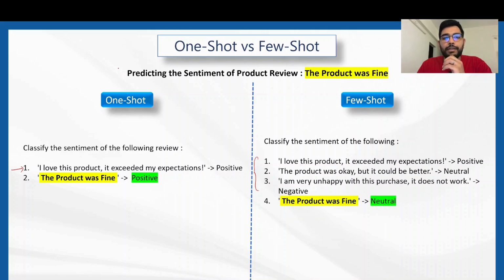The example is a use case wherein we are asked to predict the product review sentiment. Let's say there is a new product that has been launched into the market recently, and there are multiple customer reviews on the e-commerce website, and we are tasked to check out the sentiment of each of those customer reviews. One of the customer reviews in this particular use case is: the product was fine. We need to classify the sentiment of this customer review amongst these 3 categories, that is negative,